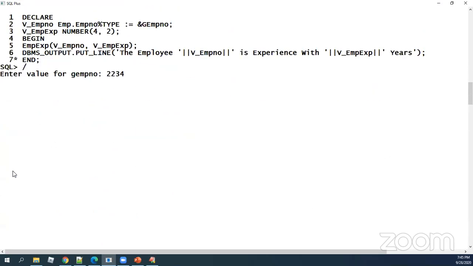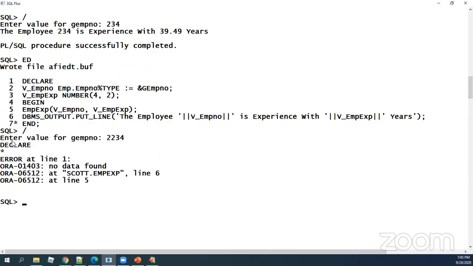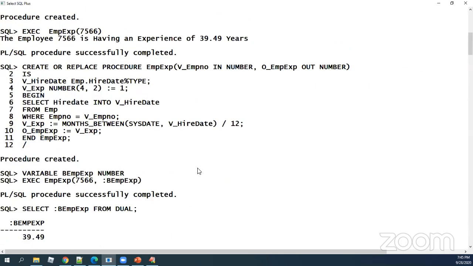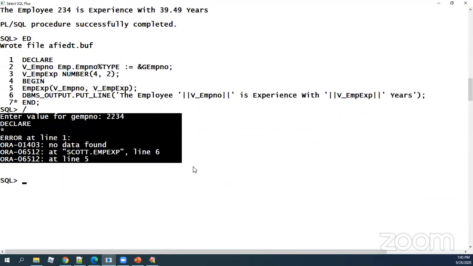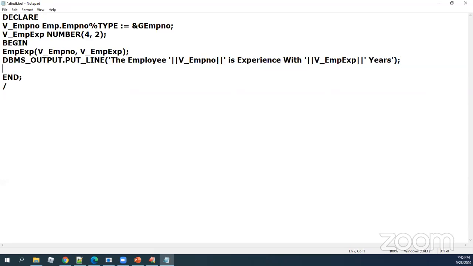So you just watch 2234, no data found. Now the propagations are very clear. Actually, this exception is taking place where? In my procedure. But within my particular procedure, I'm not handling it. Because I'm not handling this within my particular procedure, technically it is getting propagated now. Now, who should handle this? Now, anybody can handle it according to their convenience. Now, you can just watch here. I'm writing my exception section. I'm saying when others, then.